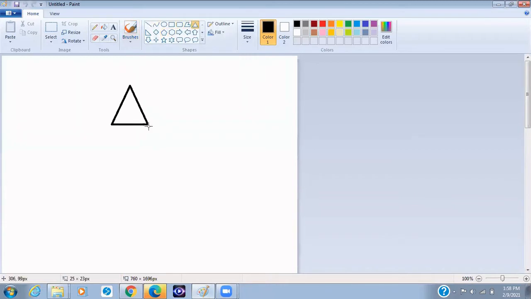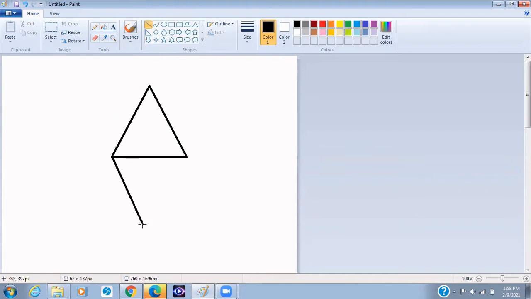The question says we should draw this shape. All right, and then we've drawn the first triangle. How are we going to get the second triangle? Now, to get the second triangle, you need the angle. So don't forget what this angle is: 180, and then the angle that we're going to be using right there is 120. So 120, this is supposed to be 120,